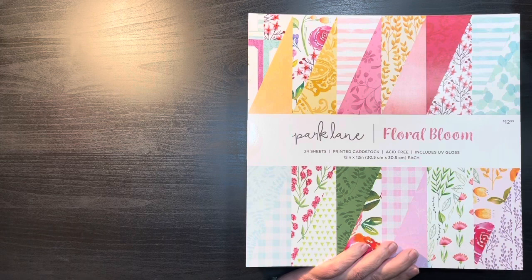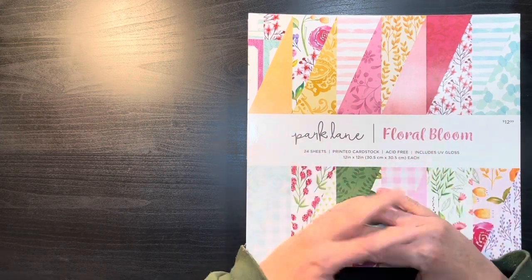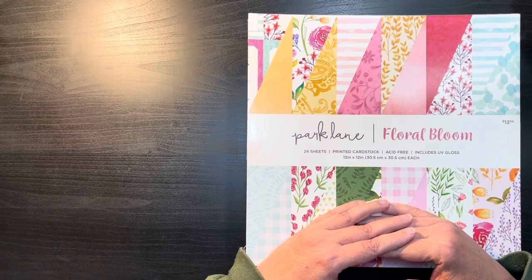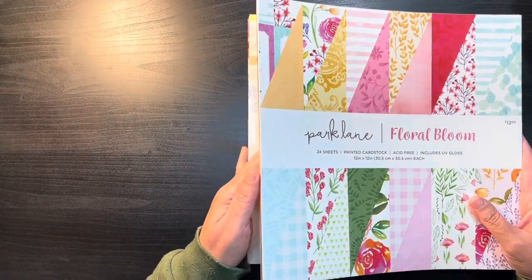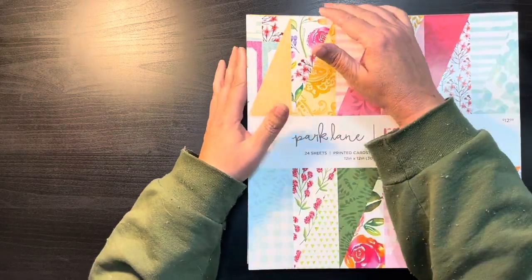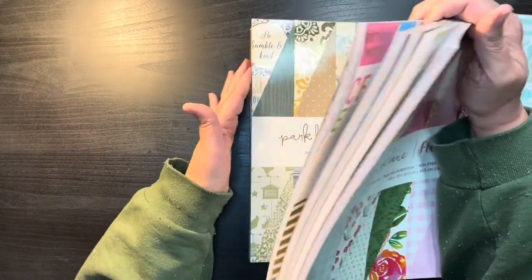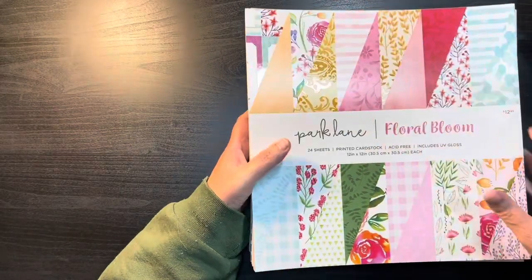I know that when you're looking at the Joann Fabrics website, it's hard to tell what the paper kits actually look like. So I thought I would just come on here and let you take a look in case it's something you would like as well. So I bought 1, 2, 3, 4, 5, 6, 7,